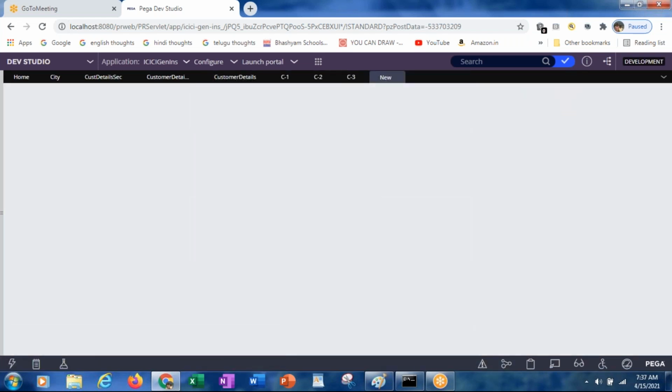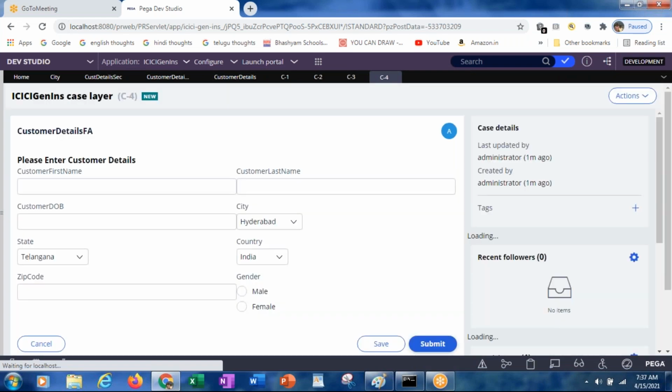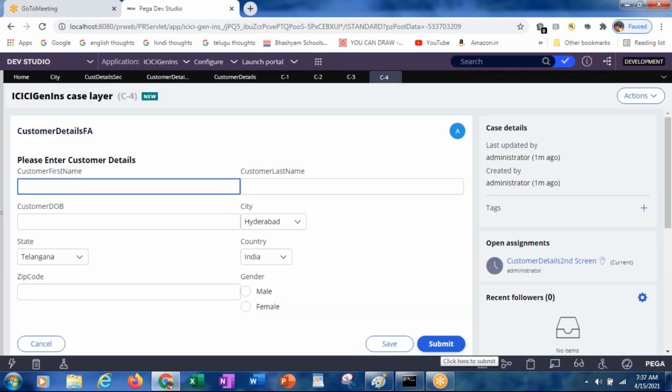For the first one, I have given customer details. For the second one, I have given just customer details, second section. So are you seeing anything over there? Are you seeing that value somewhere? Here you go.